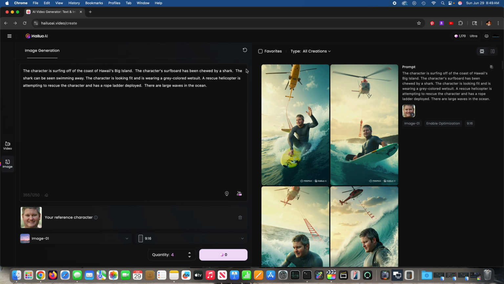A gray colored wetsuit with short sleeves. Well, let's get more creative. The character is looking fit and is wearing a gray colored wetsuit top with short sleeves